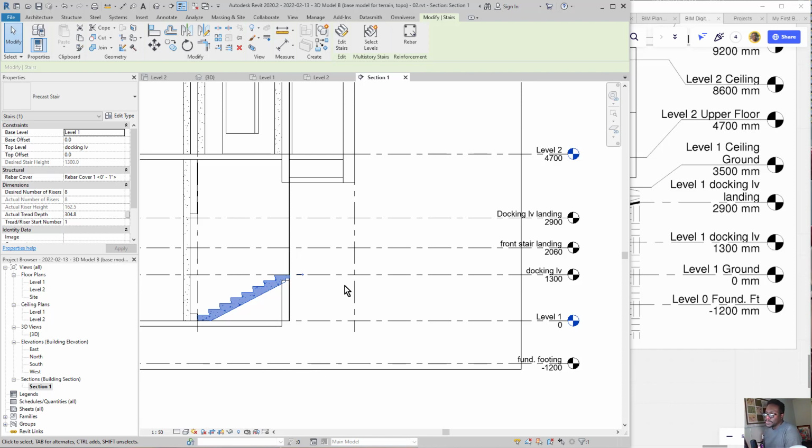Okay, so for example, what I've done here is I've created a level called stair landing. So the idea is that my next stair is going to travel from here to here, and then there will be a landing, and there will be another stairs that travels from this level here